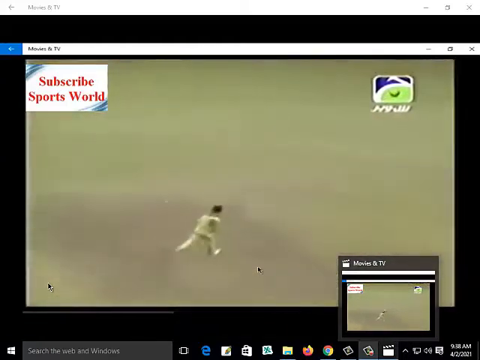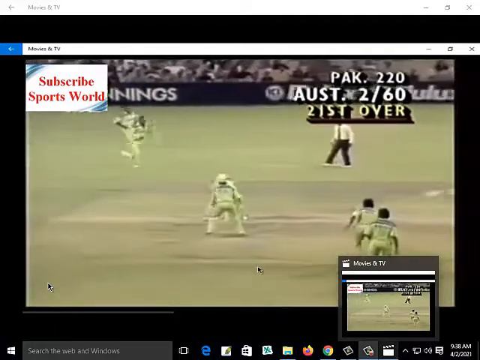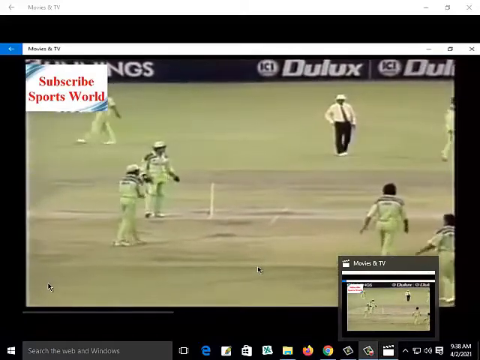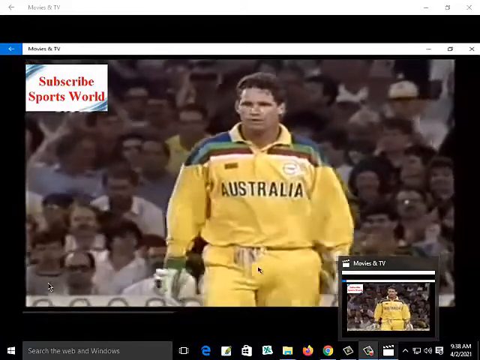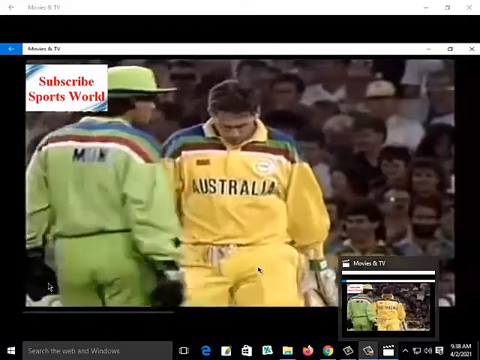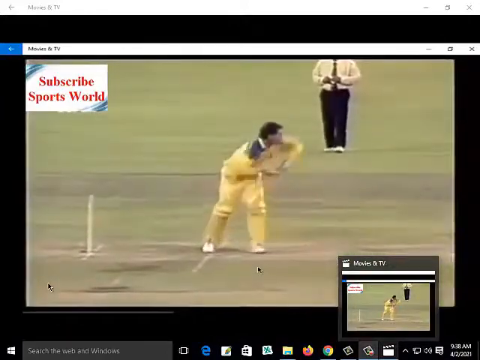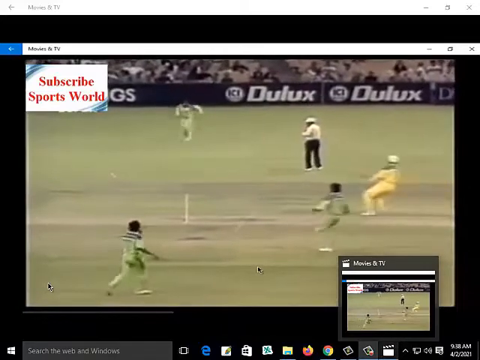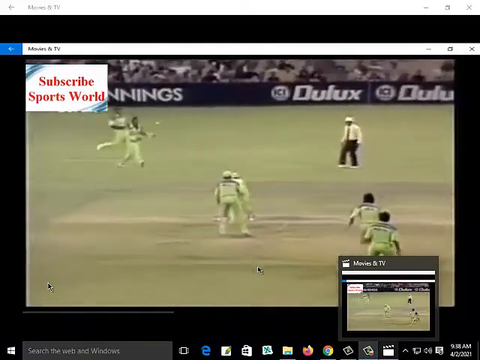Dean Jones, he'll be looking for 2. He's got Aamir Sohail to take on, and he's done it easily. Good fielding, but very, very good running indeed. This is Dean Jones's attempt to try and get the Australian run rate up from its current position. Brilliant over 18 metres. He knew there was always 2 there.